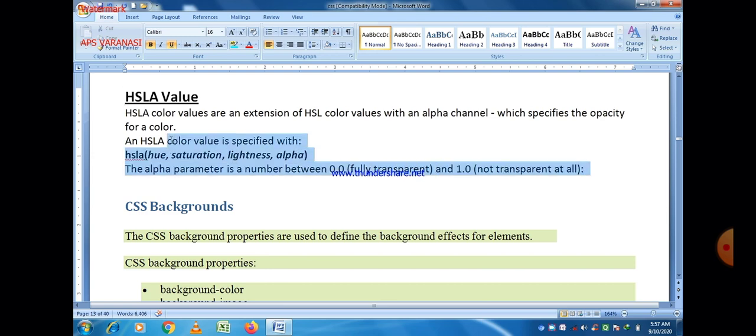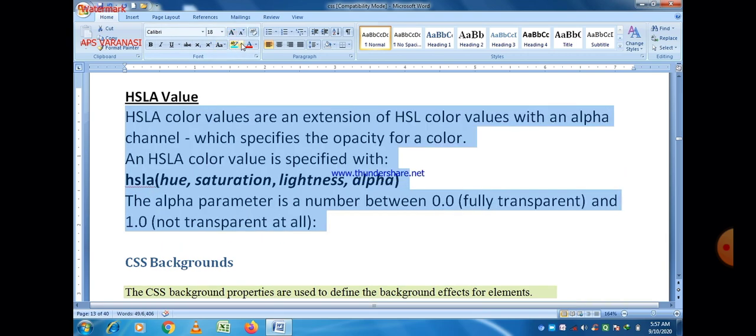Alpha, as we talked about, 0.0 is fully transparent, and 1.0 means not transparent at all. So we can use the alpha attribute with HSL also. Alpha basically shows the transparency. One thing should be remembered, that the value of alpha always lies between 0.0 and 1.0.